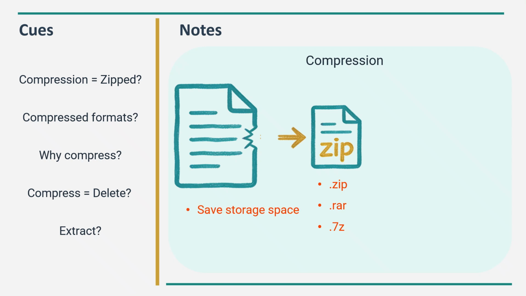Firstly, you save storage space, especially for backups of large files like photos or videos. You can send faster emails, which will be downloaded faster, and it's also the only way that you can send a folder in email, when it's zipped. You can also archive old files you don't use but often want to keep.